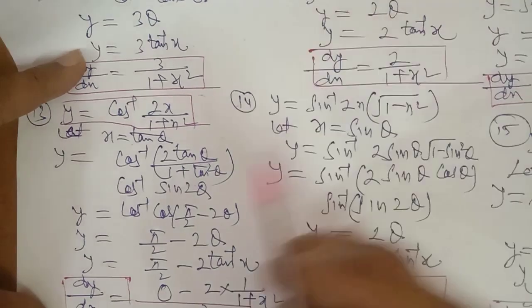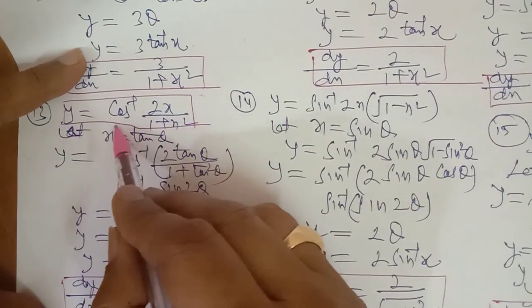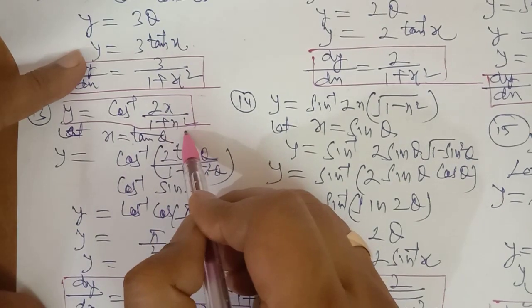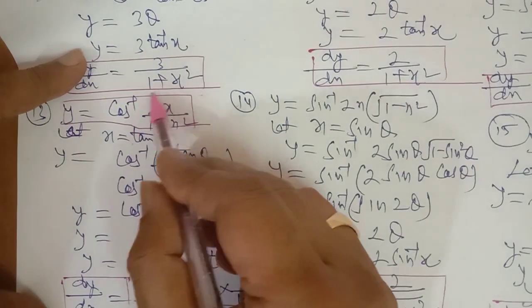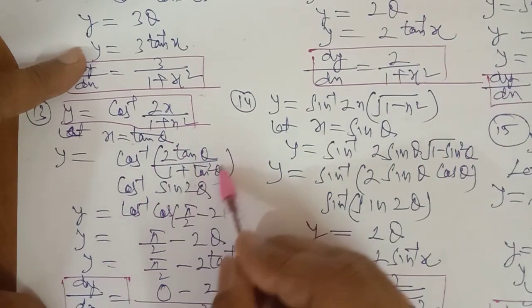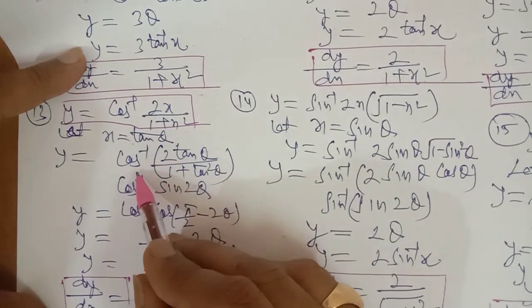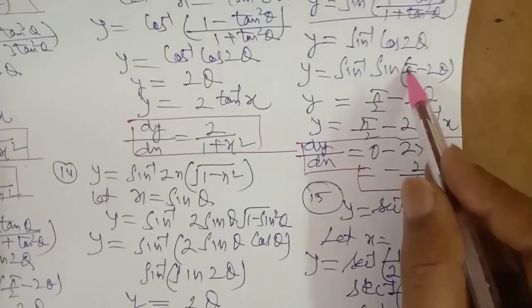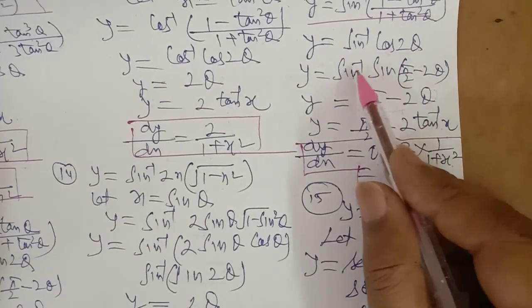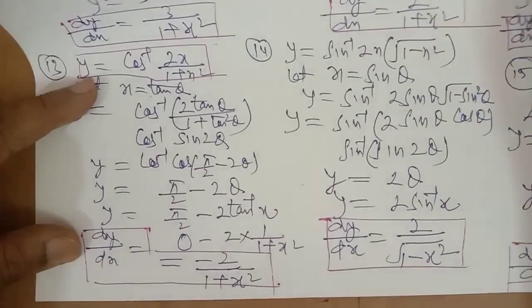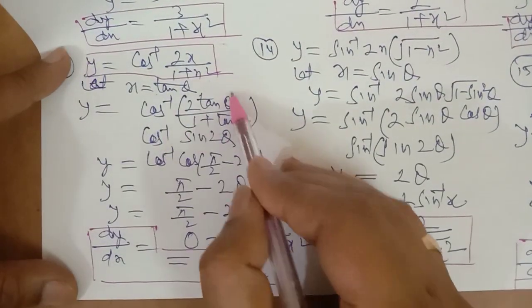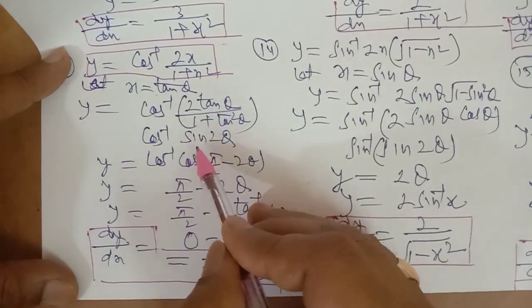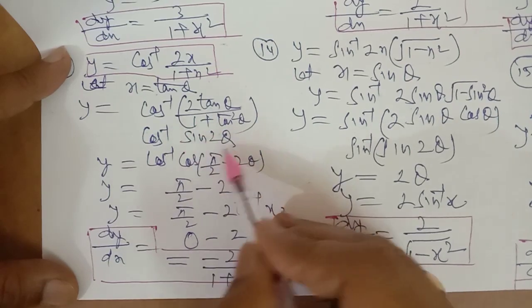So again I am saying that whenever you have to differentiate an inverse trigonometric function, you should first of all simplify it. Again we have y is equal to cos inverse of 2x upon 1 plus x square. So if we let x is equal to tan theta, this comes out to be the sin 2 theta formula. Sin 2 theta, but again we have cos inverse, as we have done here. There, we converted to sin inverse. Similarly here, with cos inverse, it is sin 2 theta, and cos inverse should have cos theta here. So you convert sin theta into cos.